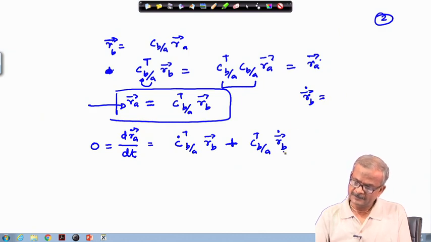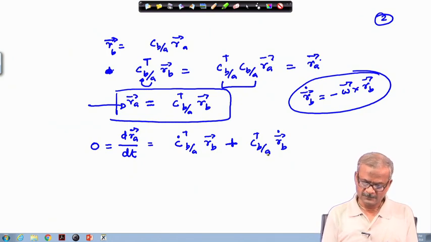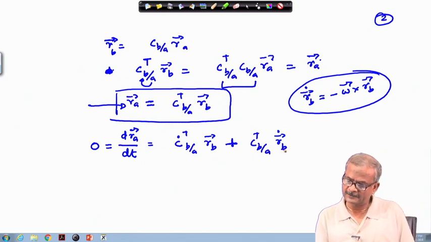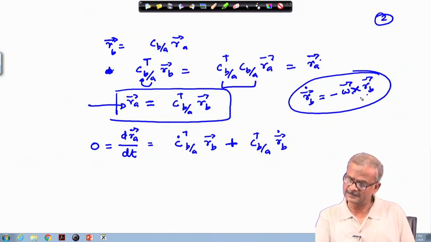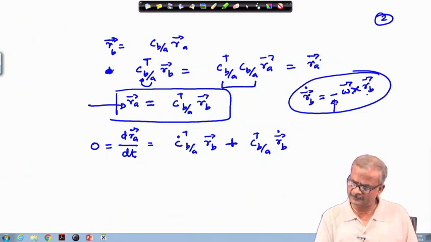Now, this quantity, as discussed previously, is minus omega cross R B, because your frame is rotating, is it not? Your frame is rotating, and therefore, the vector A has been represented like this. Now, if we look from the frame B, then it looks like the vector R B. Okay. And because the frame is rotating, the components of the vector R B keep changing, and therefore, you get this R dot B here. And why this minus sign is appearing here, I have already explained to you.